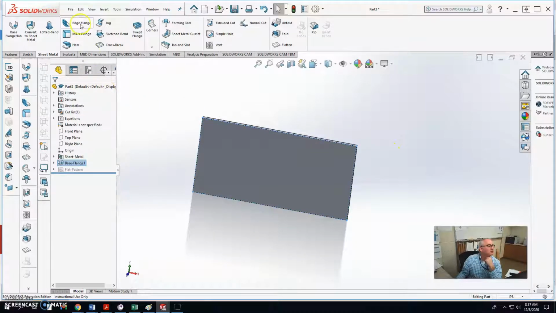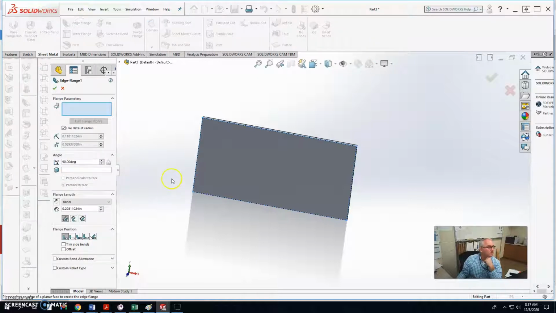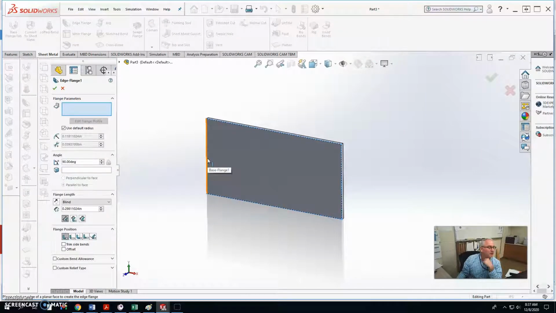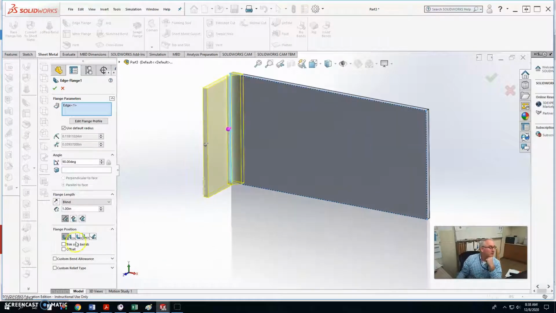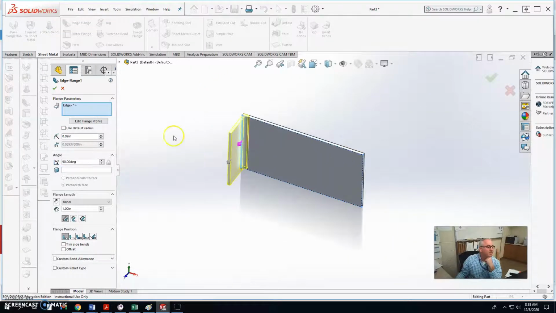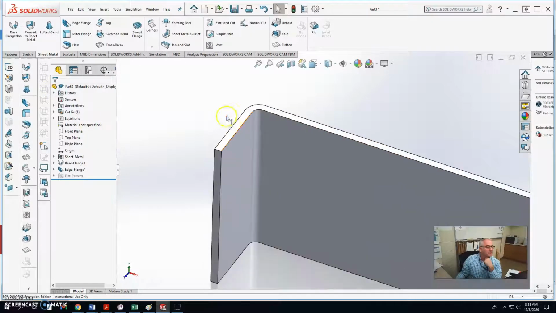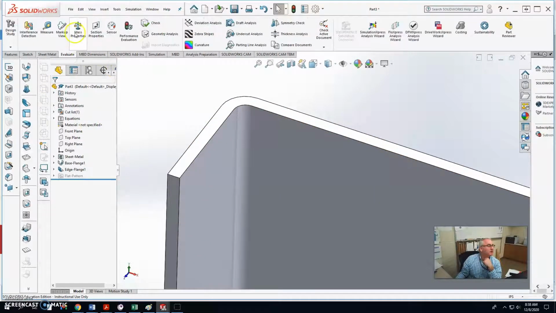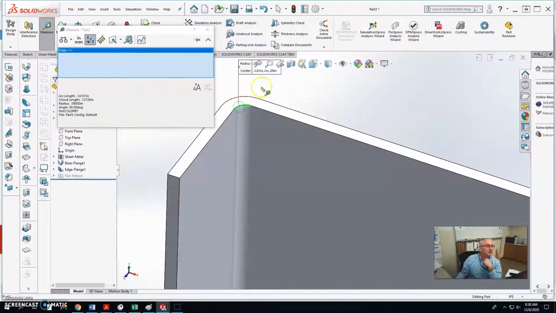From here, I'm going to go up to Edge Flange. Just click on Edge Flange. I'm going to put an Edge Flange along this one over here. I'm going to pull it towards me. I'm going to say it's 1 inch. I'm going to leave the profile here so the material's on the inside, and it's 90 degrees. The default radius here, uncheck that, and that default radius again should be the same thickness as the material, so 0.09. And accept. And that default radius, what that means, if I go to evaluate, measure, that's the inside radius here,